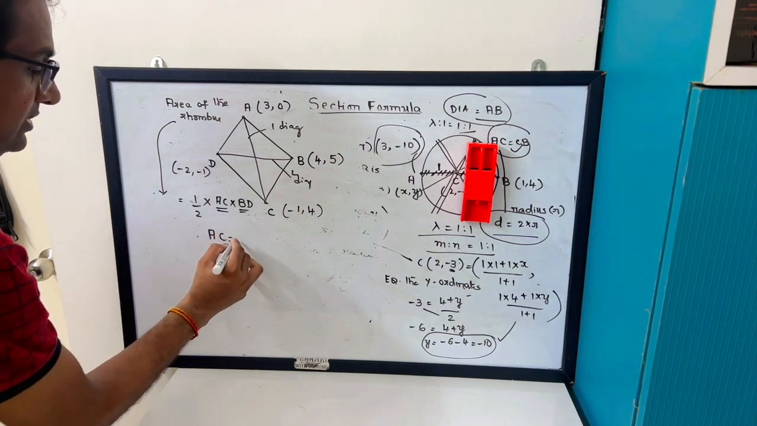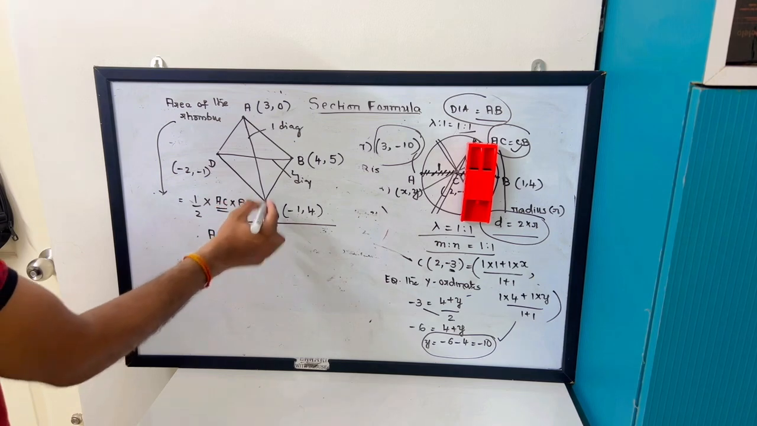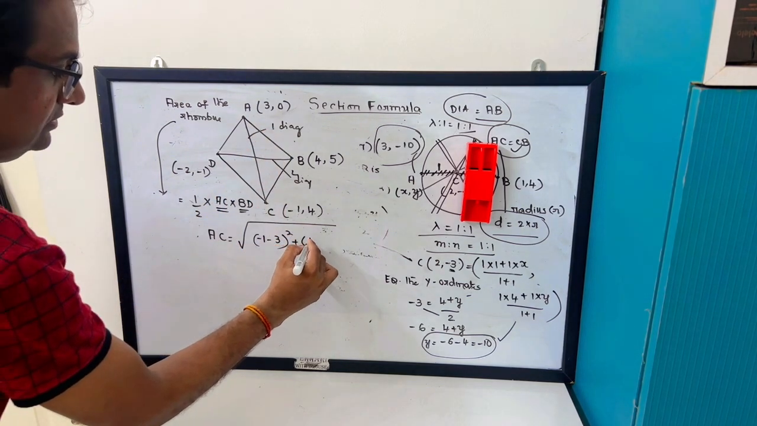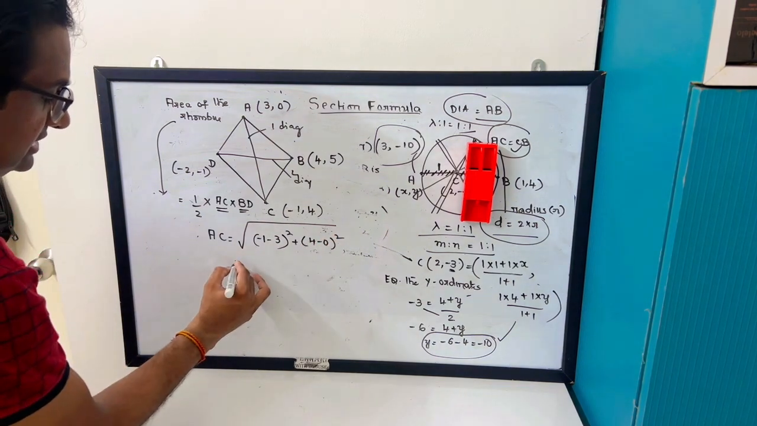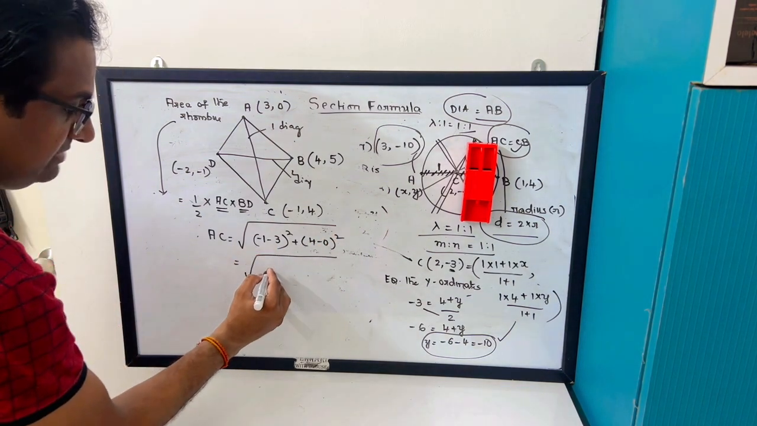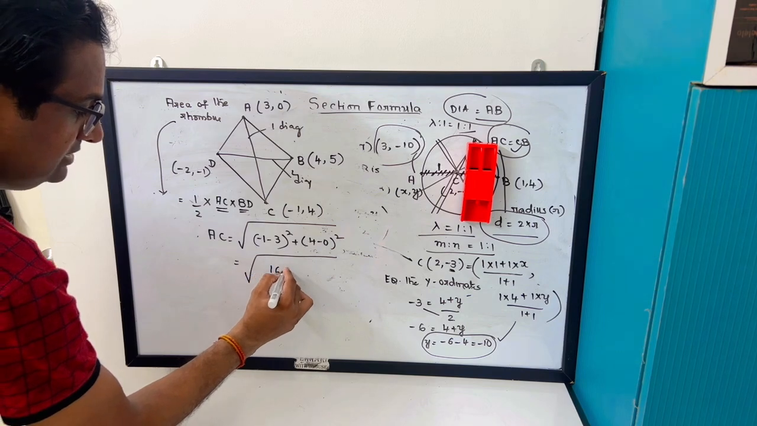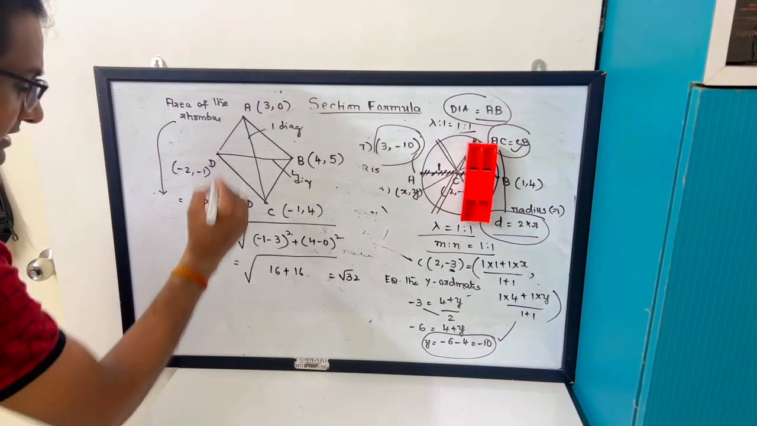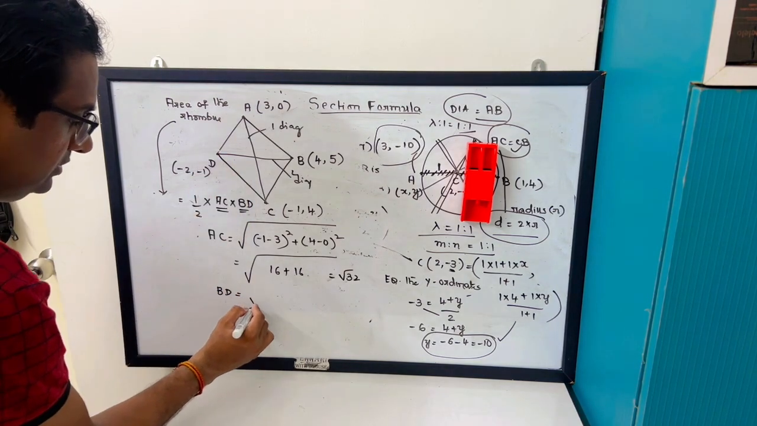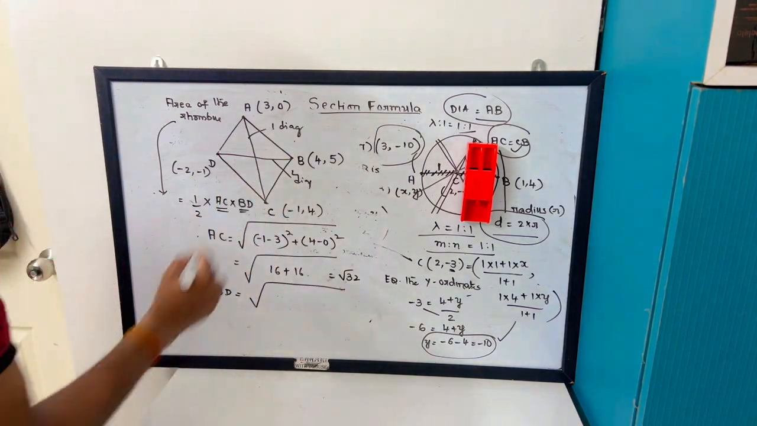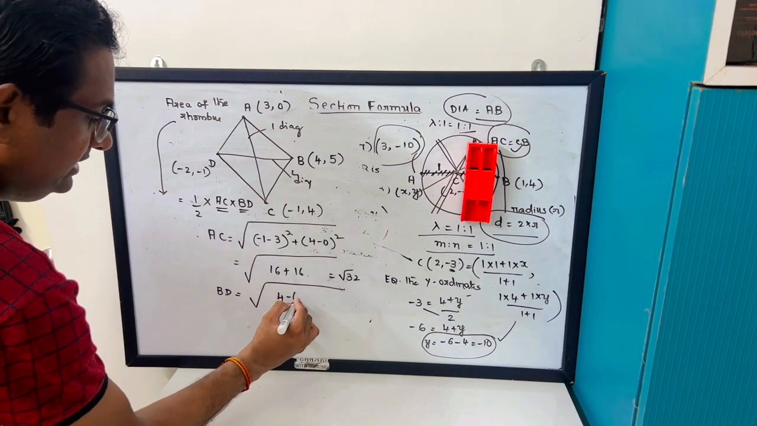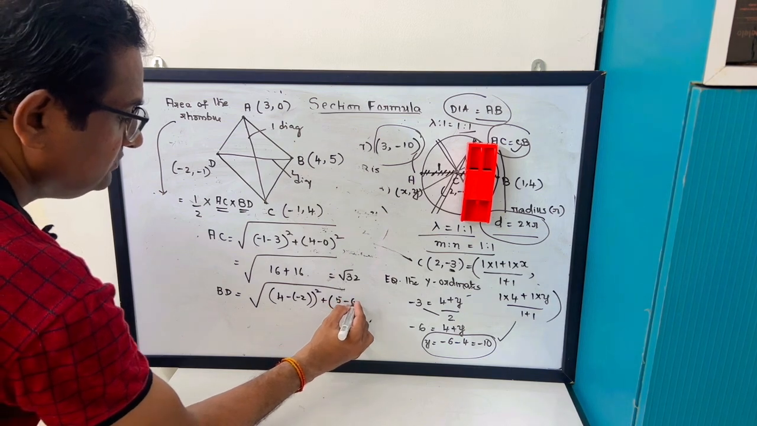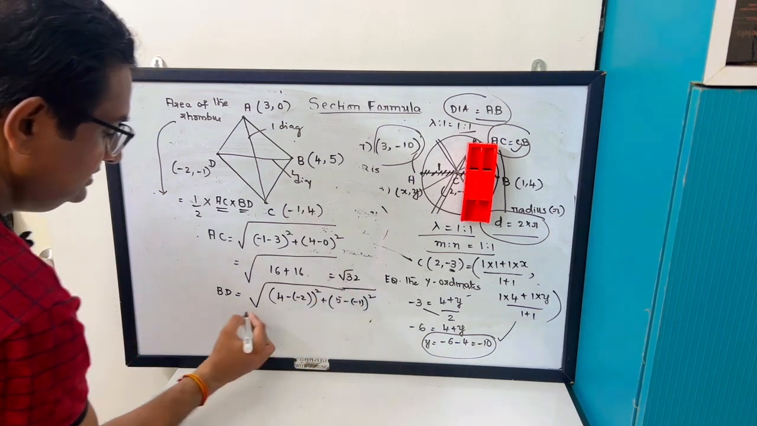So AC is given by using your formula, root over x2 minus x1, so minus 1 minus 3 whole square plus 4 minus 0 whole square. So this is nothing but root over minus 4 whole square is 16 plus 16, root 32. Similarly, BD is nothing but root over x2 minus x1, 4 minus of minus 2 whole square plus 5 minus of minus 1 whole square. So this is equal to root over